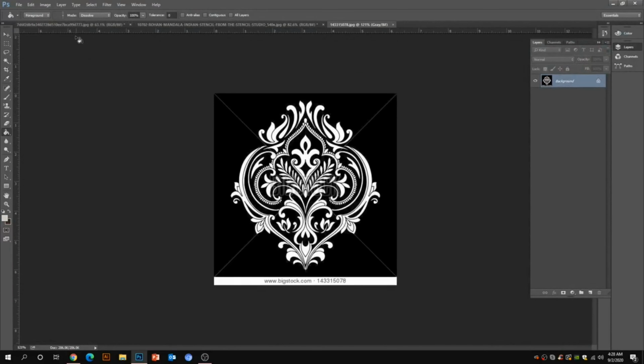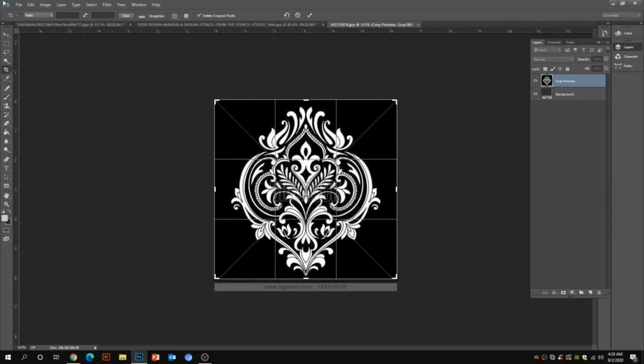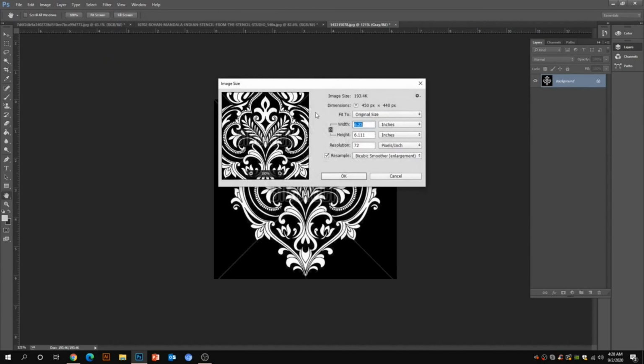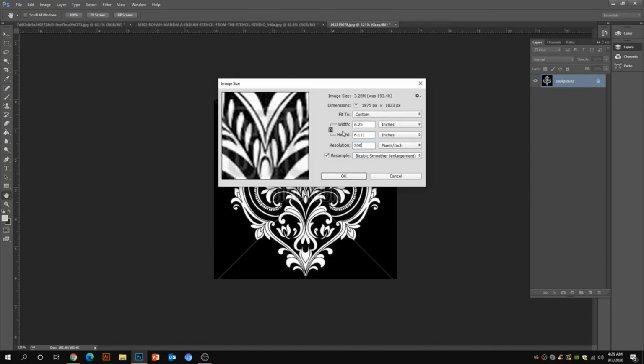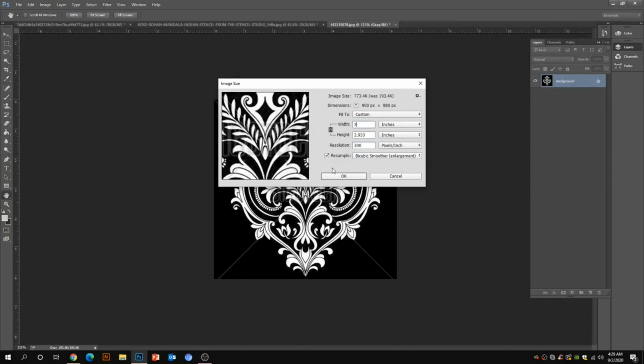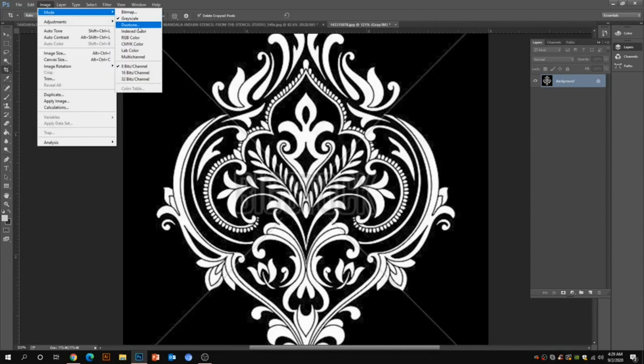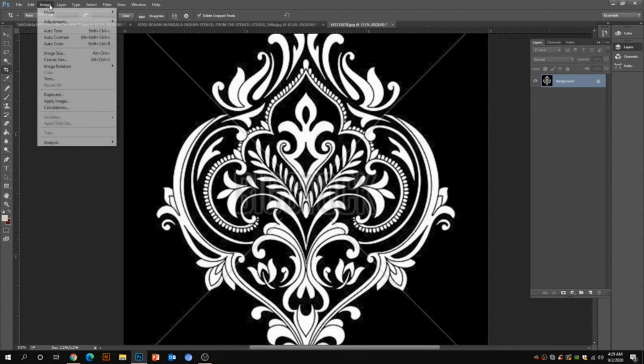So let's take another motif. It's just like black and white, most of the time we require this kind of thing. That's why I'm using the same technique on each motif. The point is keeping the same technique for all motifs, just to understand the levels and curves, how to use curves. Image size I have done, RGB.